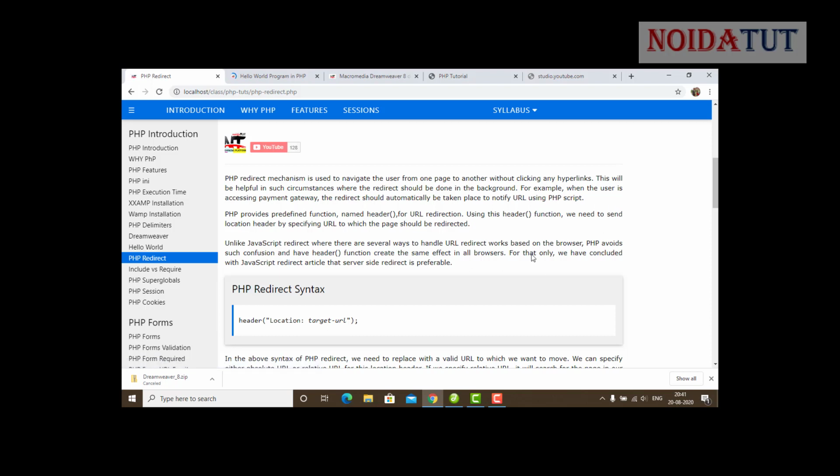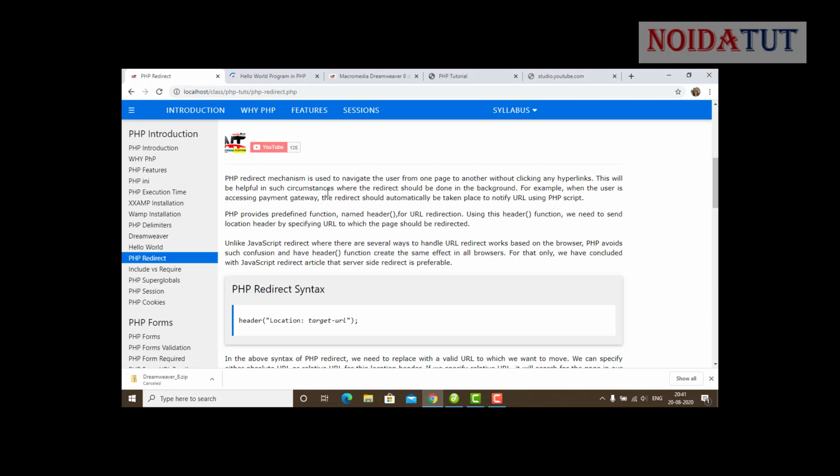Now, the PHP redirect mechanism is used to navigate the user from one page to another without clicking any hyperlinks. This is very helpful in circumstances where the redirect should be done in the background. For example, when the user is accessing the payment gateway, the redirect should automatically take place to the notify URL using a PHP script.